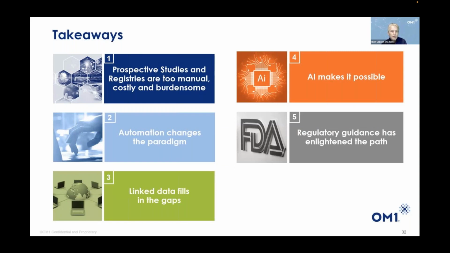We leverage linked data to fill in the gaps. Were patients seen or followed at a different site or center that we don't have the data to access to? Do we want to understand something about these patients, whether it's about their race, ethnicity, mortality, et cetera, that would best be filled by linked data?